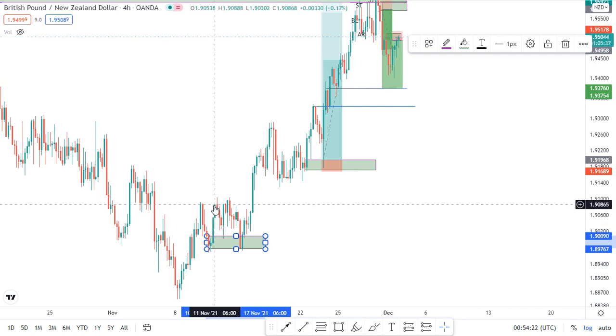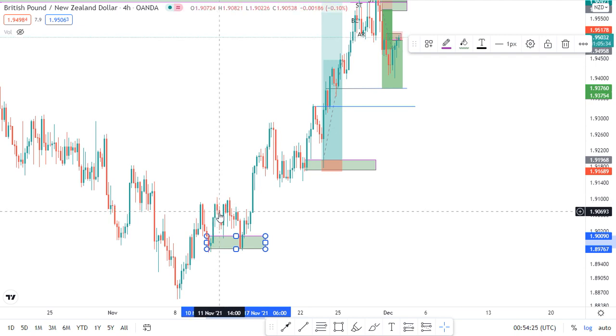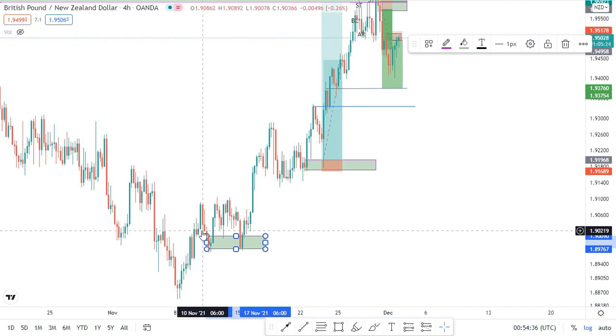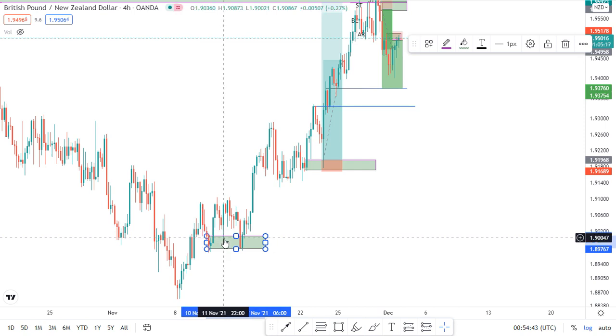If you can see, the market, when it comes here, it rejects a little bit and breaks, then rejects, you see. So as for me, I don't like trading those kinds of order blocks, which might give you a doubt whether this is a valid order block or a false order block. So I didn't take this trade